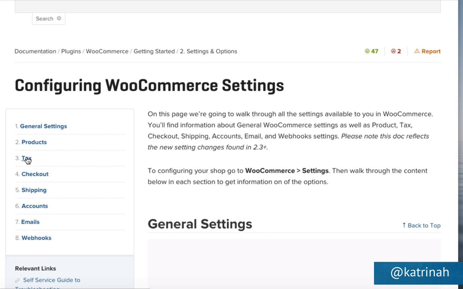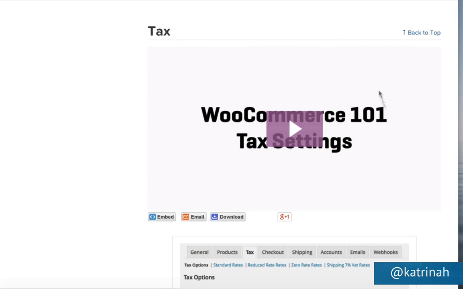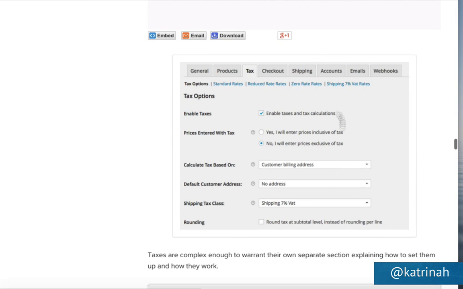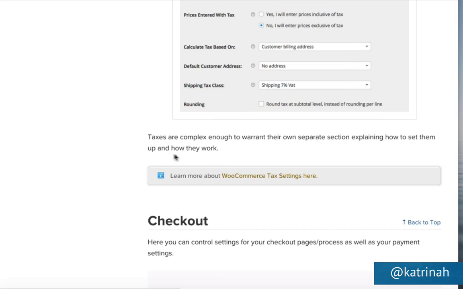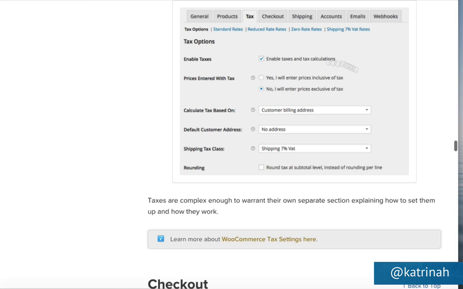So for example, when I click on taxes here, you'll scroll down and they've got this awesome video that goes over the details related to tax settings. This is definitely worth checking out. You can also read and see the examples here of the screenshots of what it looks like within their demo. Because everyone has a different tax situation, I'm just going to refer you to this particular link here on the WooThemes site.